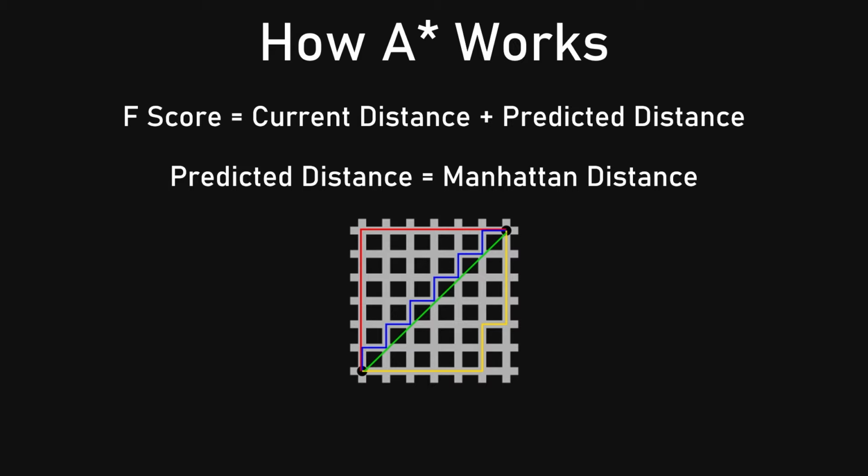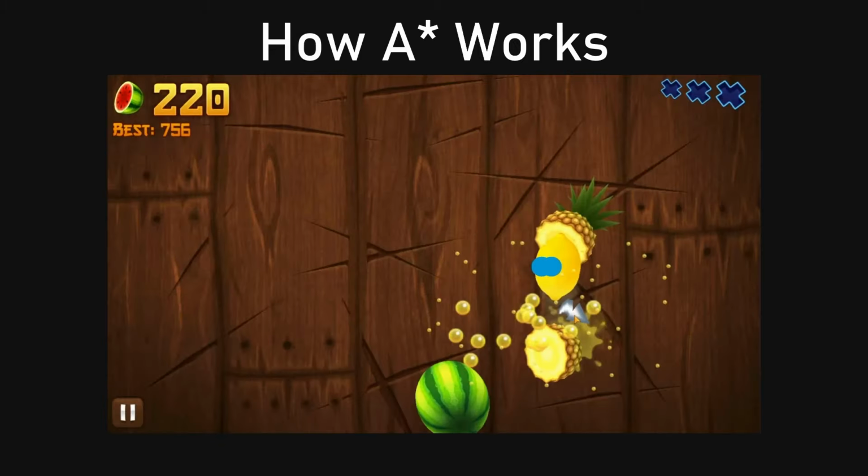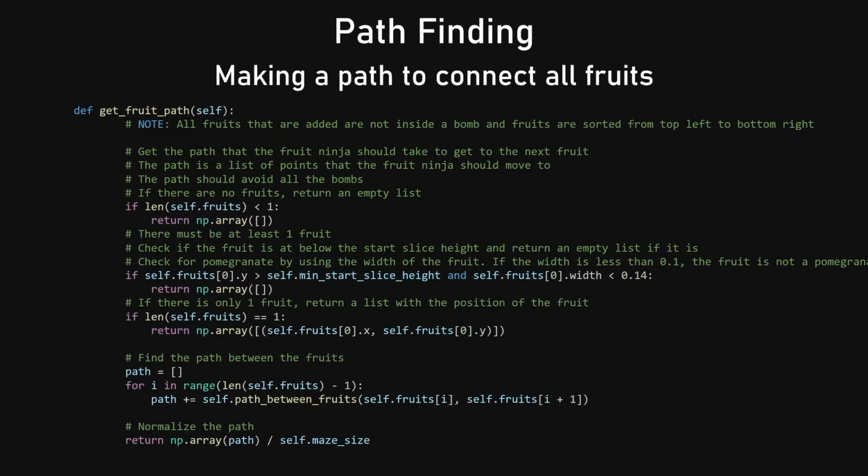After implementing this algorithm, it can be tested with the fruits. As you can see, the search algorithm builds a path from the lemon in the middle right to the watermelon in the bottom middle. Now that the A* algorithm is complete, a loop through all the fruits can be used to chain the paths between the two fruits together and get a single path that goes through all the fruits